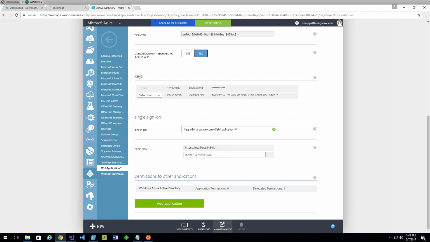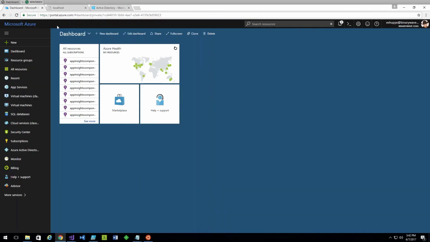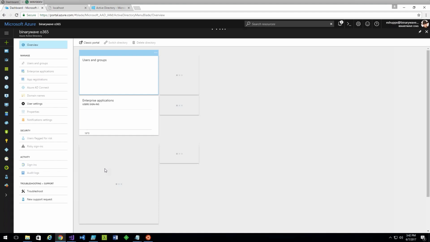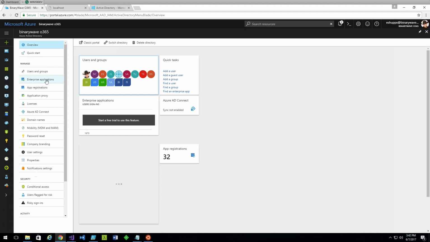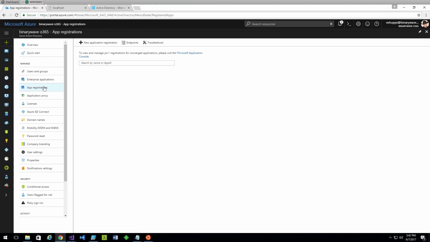One of the important pieces here is the app manifest, because if you want to change things like the allow OAuth implicit flow, it has to be done in the app manifest. This is actually easier to manage in the new portal. So let's go to Active Directory. Let's find this app in the new portal because you can edit it inline in the new portal. In the old portal, you couldn't. So let's go to my app registrations here, see if we can find